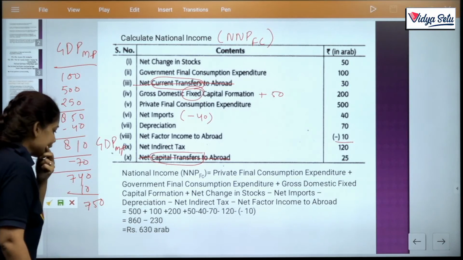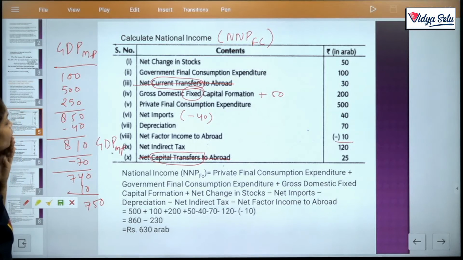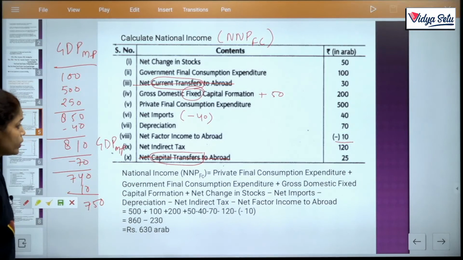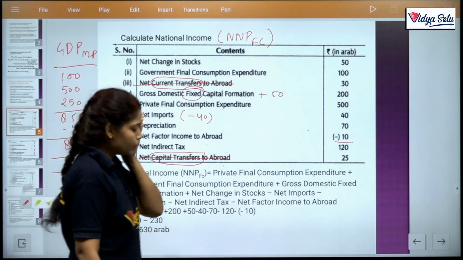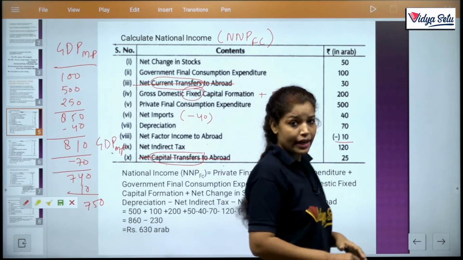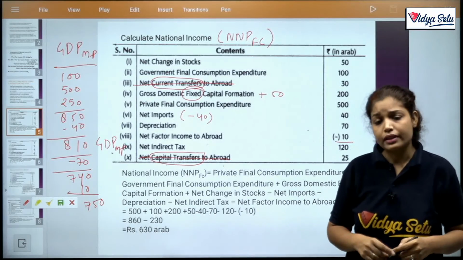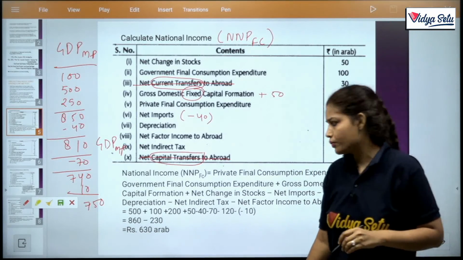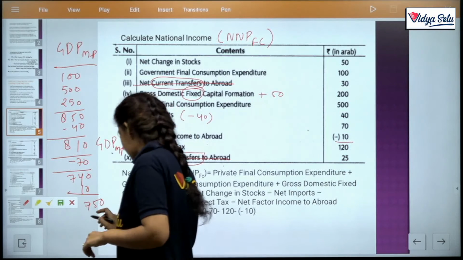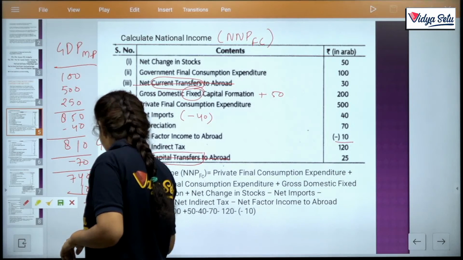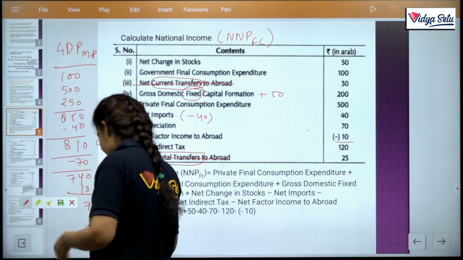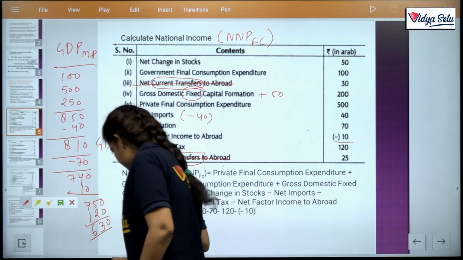Now the FC to MP, MP to FC. So MP to FC, where is taxes? There is 120. So net indirect taxes, if we move from FC to MP, then we add net indirect taxes. But here we move MP to FC, that means market price to factor cost. So we just less 120. 0, 5 minus 2, 3 and 7 minus 1, that is 6. The answer is 630.